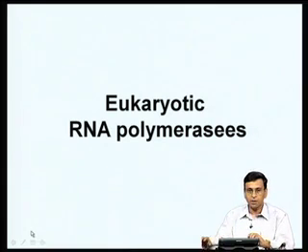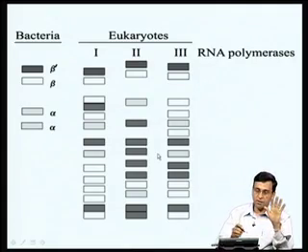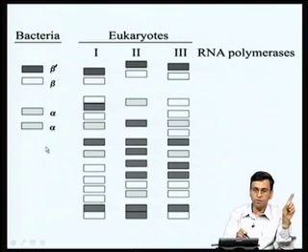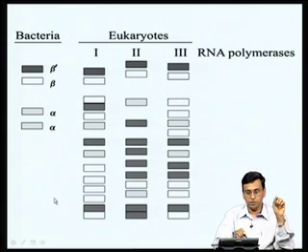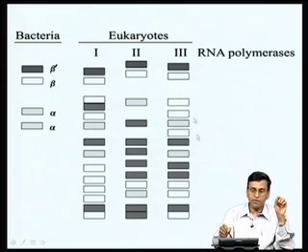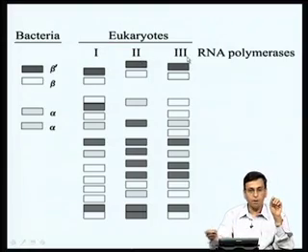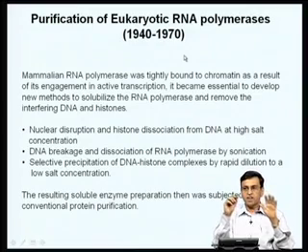So let us now spend some time to understand what these eukaryotic RNA polymerases are and how they have evolved. As I told you, in the case of bacteria, the core RNA polymerase consists of 2 alpha subunits and 2 beta subunits, and with the help of different sigma factors, it can bring about a whole bunch of gene regulation. Now when it comes to eukaryotes, instead of one RNA polymerase, you have got 3 different RNA polymerases which are usually designated as polymerase 1, polymerase 2 and polymerase 3. Okay. Now I am going to spend some time on the history.